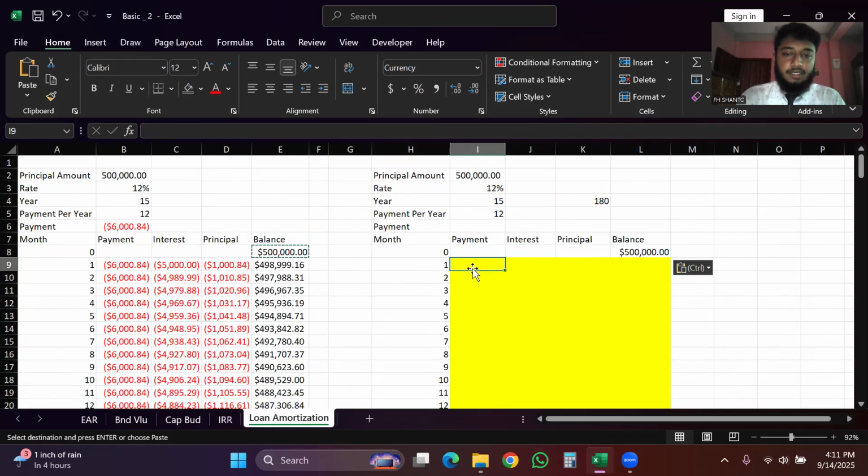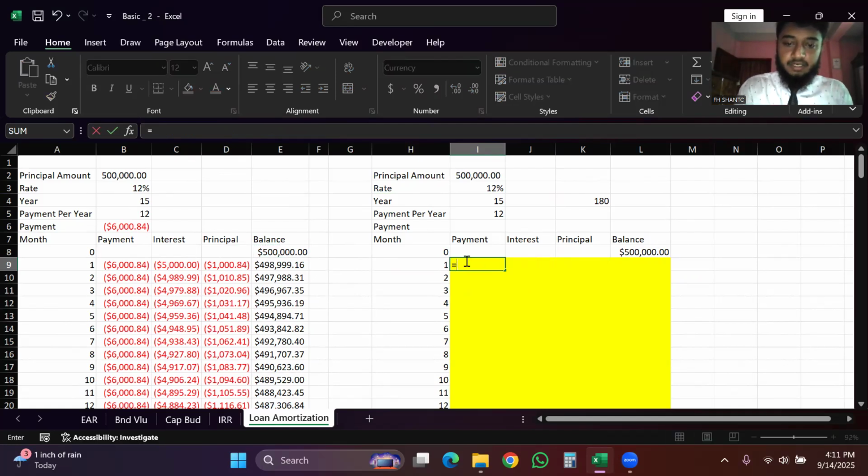We have to calculate the payment. Here you can see the payment, interest for IPMT, principal for PPMT. That is the formula for payment, interest, and principal calculation. At the initial principal amount, 500,000, here is the value. And for month one, we have to calculate the payment by pressing equal to